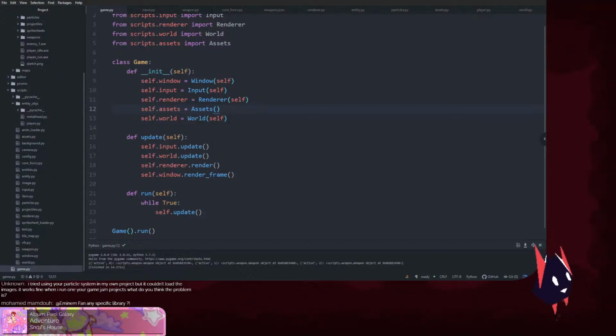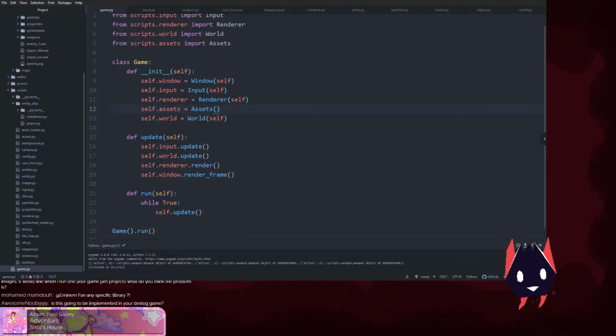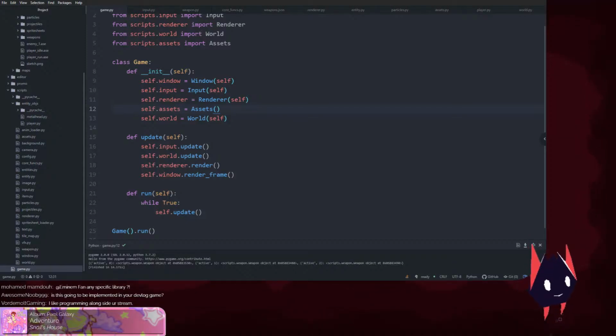The answer is yes. Pygame cannot do 3D like that, but there are Python libraries that can. Like Ursina or Panda 3D. Wait, no, I think Ursina is actually built on Panda 3D. I don't remember. And then there's also PyOpenGL. There's not very many resources for doing it like that, though, so you're probably better off with an engine. But, yeah, there's just not very many resources for 3D stuff with Python right now. It's not that Python can't do it. Alright,